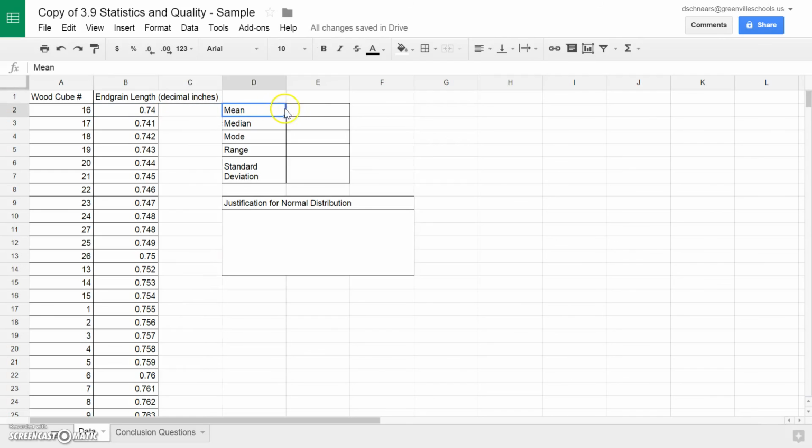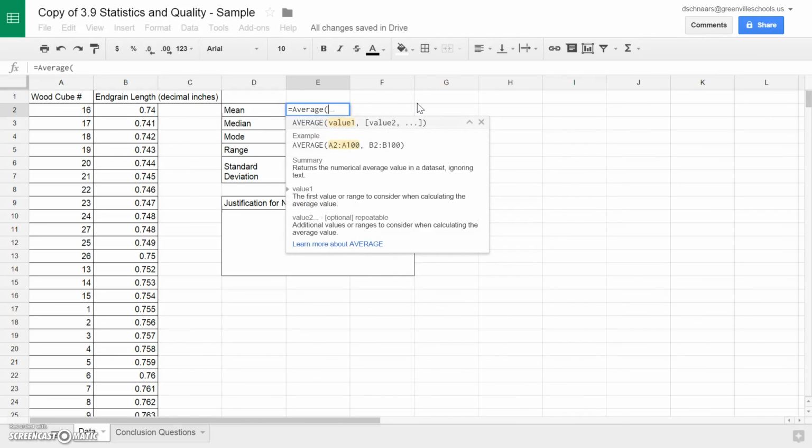At this point, you're ready to begin creating some of your calculations. I would encourage you to use Google Sheets as the tool it's intended to be. Don't do these measurements by hand. If you understand the formulas you can use, this can save a tremendous amount of time. So for example, I'm going to type an equals symbol, which indicates to Google Sheets that it should expect a formula to follow. And mean, otherwise known as the average, will be typed in,